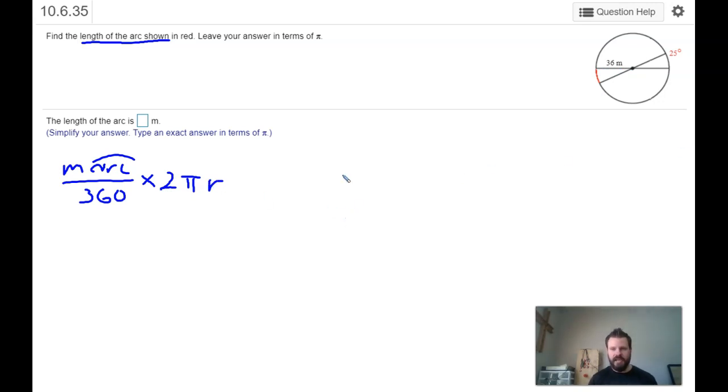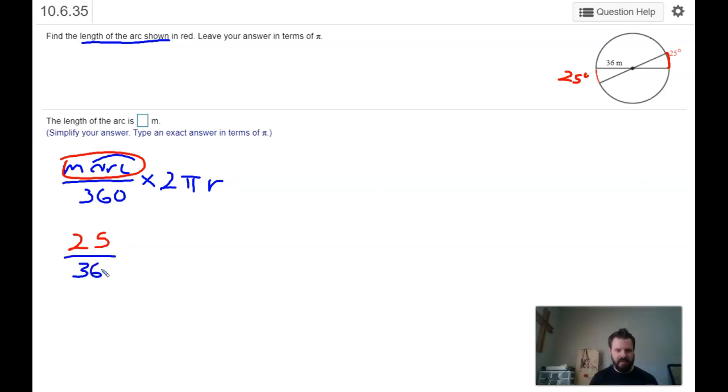Okay, so first thing I need is this arc measure. There's a little extra step for that once again. I need to know how much the angle that makes this arc is. And the trick for that is, since I have vertical angles, two angles that form an X, and this one's 25 degrees, I know that this arc measure will just be 25 degrees as well. There's a little bonus practice from chapter 2 for you, way back in September. So we can fill that in. 25 is our arc measure